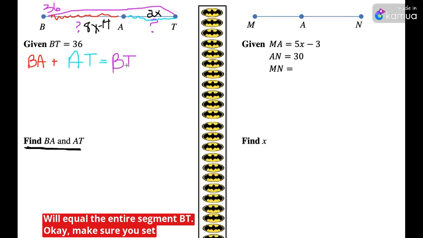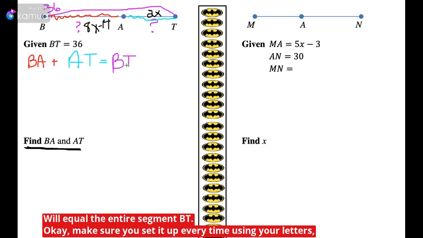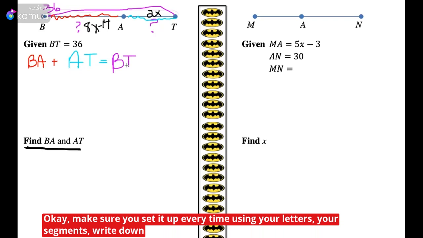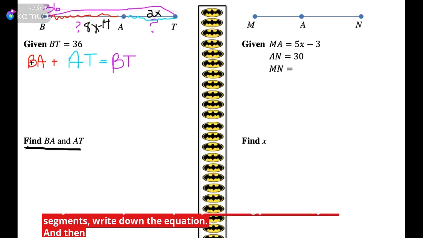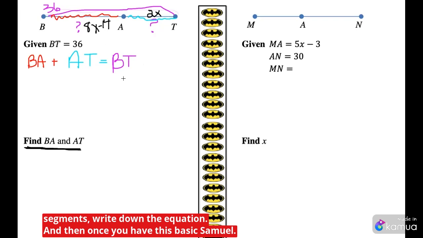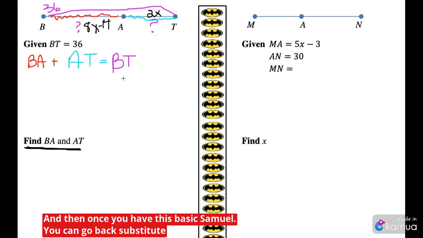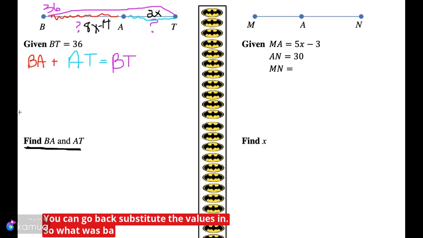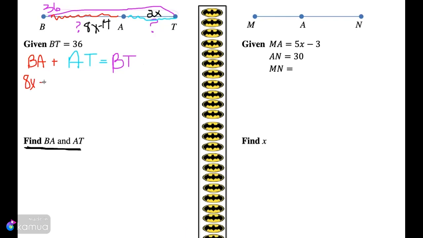So make sure you set it up every time using your letters, your segments, write down the equation. And then once you have this basic formula, you can go back, substitute the values in. So what was BA? BA was 8x minus 14. Plus AT was 2x